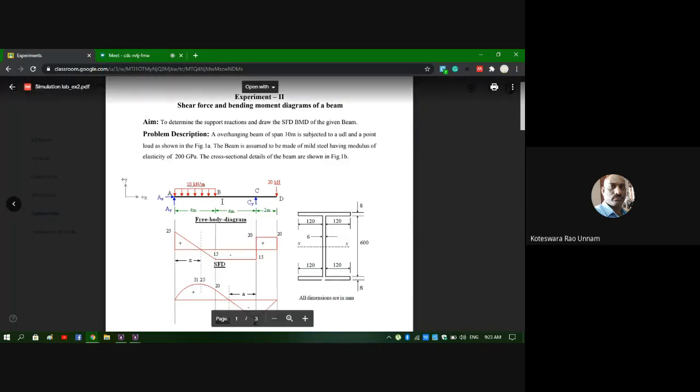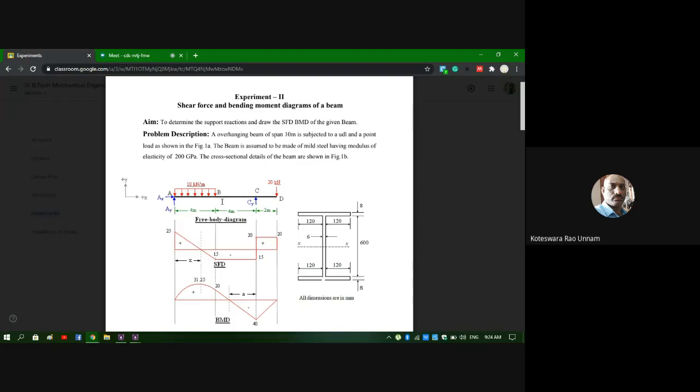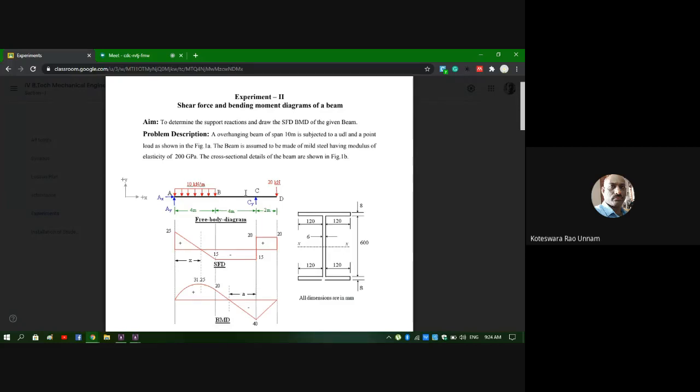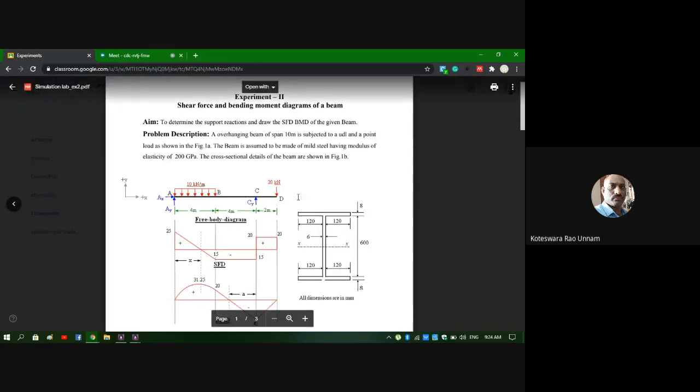Why they are required: I think you may have familiarity with FEM. If you want to solve any problem through FEM, you need to construct the stiffness matrix and load vectors if it is a static problem. To construct the stiffness matrix, if it is a bar, you require A, E, L. If it is a beam, you require I, E and L. L is given through the geometry, but the area moment of inertia you can define only through the cross-section. That's why you need to define I. And of course, you need to input the E value also so that it can compute the stiffness matrices. Once it has calculated the stiffness matrix, it will calculate all the required things.